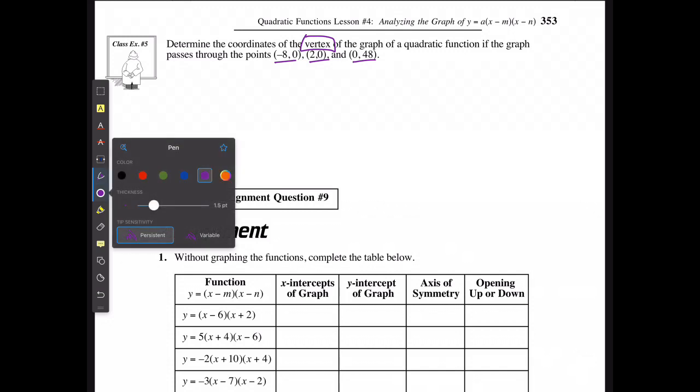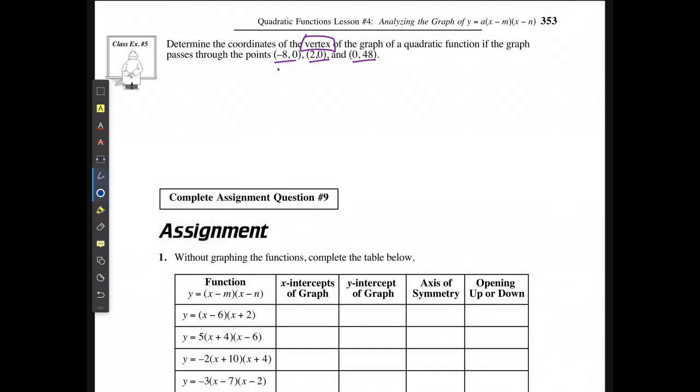Well, this is my M, this is my N, and this is a possible X and Y. The two X-intercepts, or when Y is equal to 0, are my M and N, and the other one can be X and Y. And I'm going to do the same process. So if I said that M is equal to -8, N is equal to 2, X is equal to 0, and Y is equal to 48,